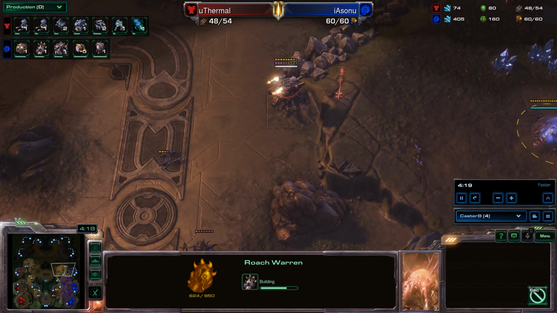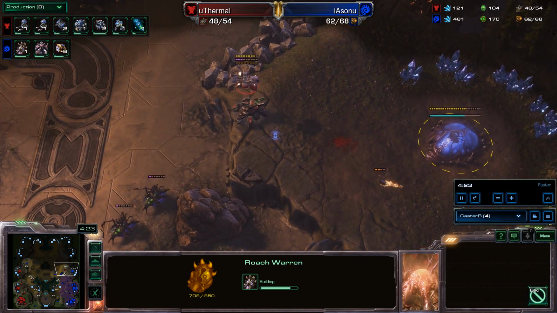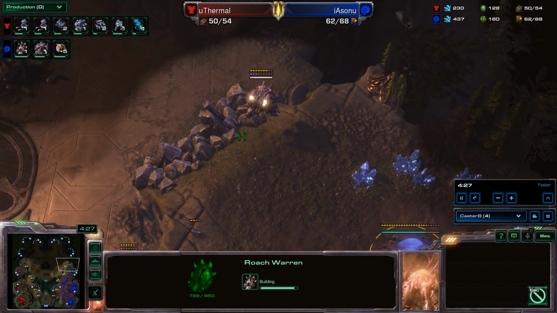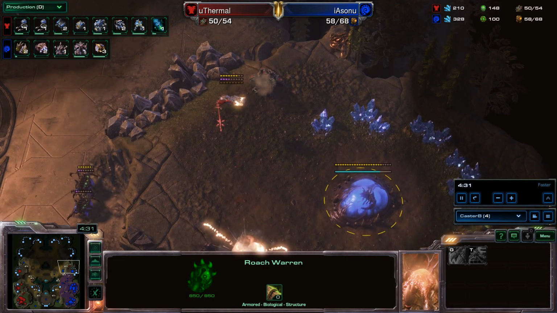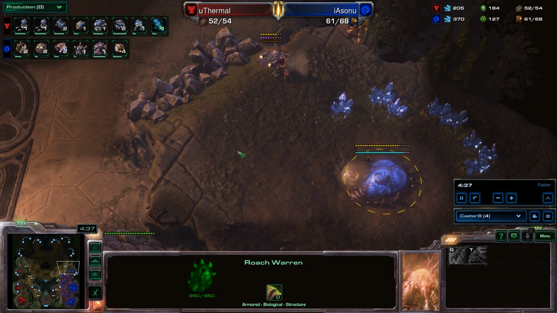The Queen's trying to stab this medevac down. Lings on the high ground, Lings on the low ground. Killing one of the Lings, splash damage, greatly injuring another one here. And pretty good display of some Siege Tank flying micro right now from uThermal. Dropping and firing. There's that delay. Again, it can't shoot as soon as it lands. That was patched in an earlier version of Legacy of the Void, but might as well get some damage in